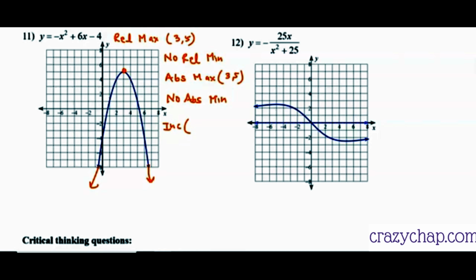So you can see I will color it with a different color. It is decreasing in this part, you can see with green, right? So the function is decreasing from 3 to infinity because it keeps on going rightward and it goes down. It keeps on decreasing. Okay, let's come to the next question, question number 12.